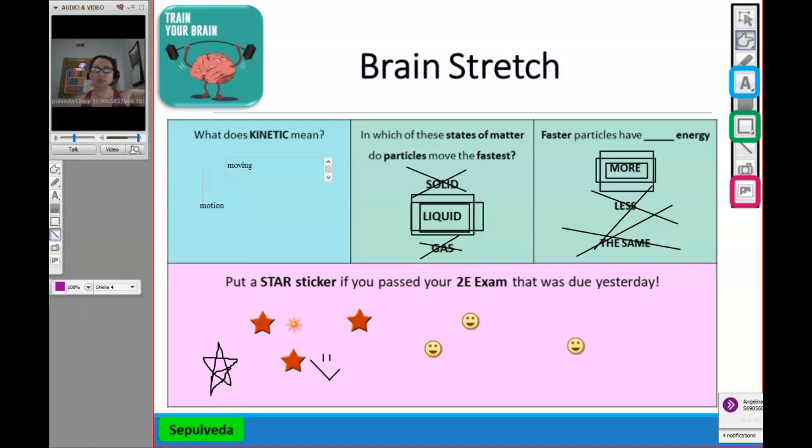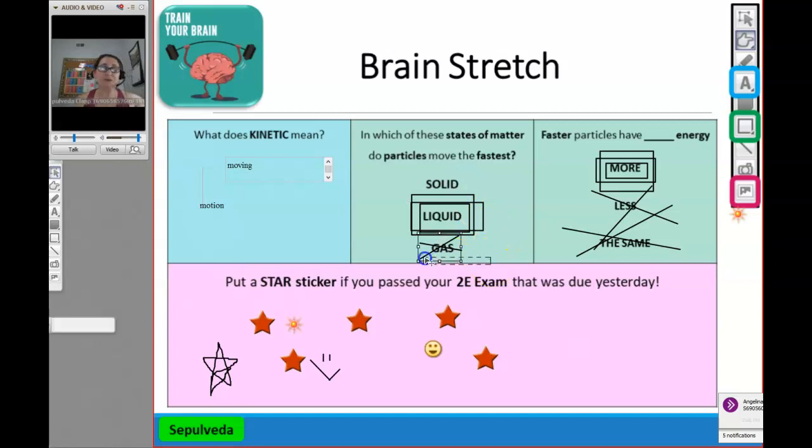Now, if you don't know where the star sticker is, if you look right here, it is that last picture, and you can find the common symbols, and you can find stars, happy faces, whatever. We just want to see if you want to make your own star. I'm cool with that. I know you, Han, were saying you're going to make your own one. So just go ahead and put that into that bottom box.